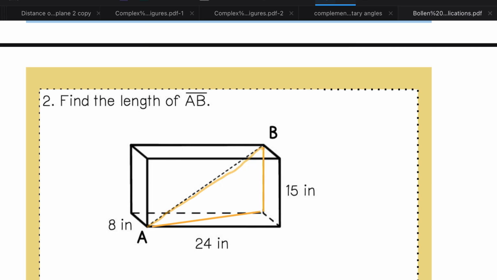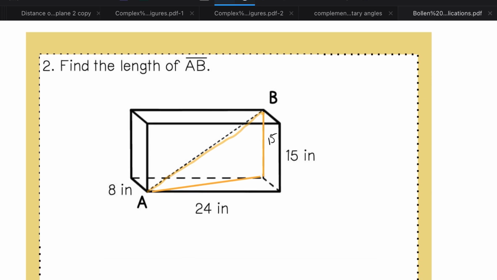It's not perfect. And then we can do that. We can find this bottom distance because we have the distance for this height would be 15, right? We don't know the bottom distance. We can find that distance by finding our A squared plus B squared equals C squared of 8 and 24. So we have 8 squared plus 24 squared